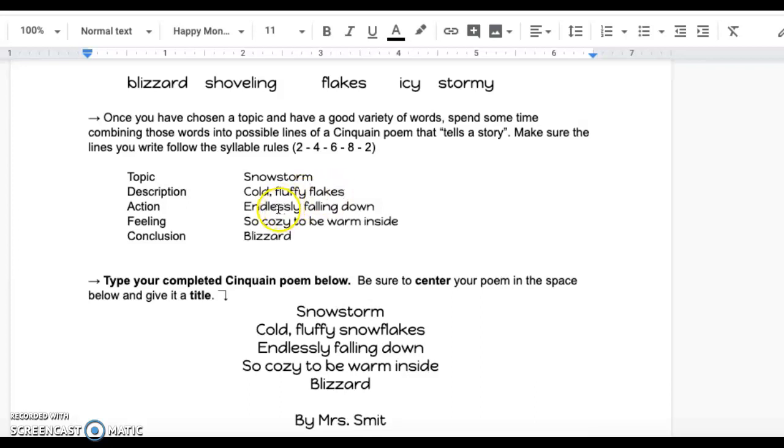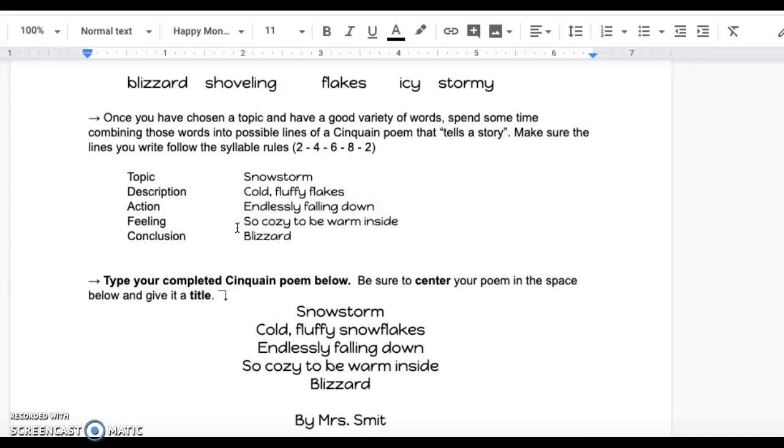Now I need 6 syllables in an action. Endlessly falling down. As I do that, I'm actually counting them on my fingers to make sure this does in fact have 6. This one needs 8, something to do with a feeling. I wrote, so cozy to be warm inside.